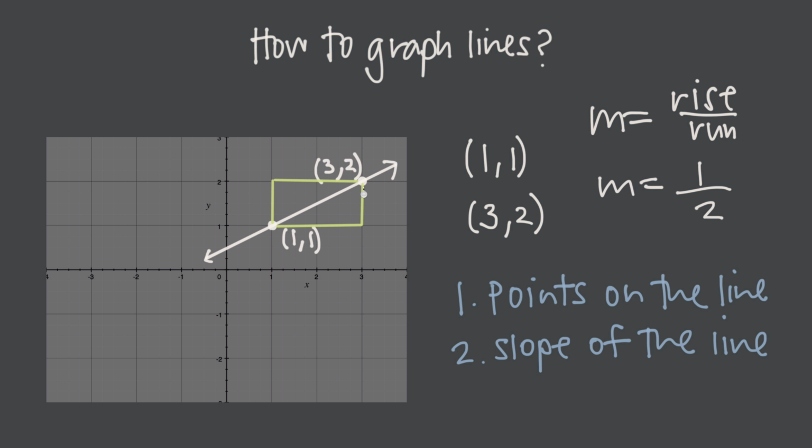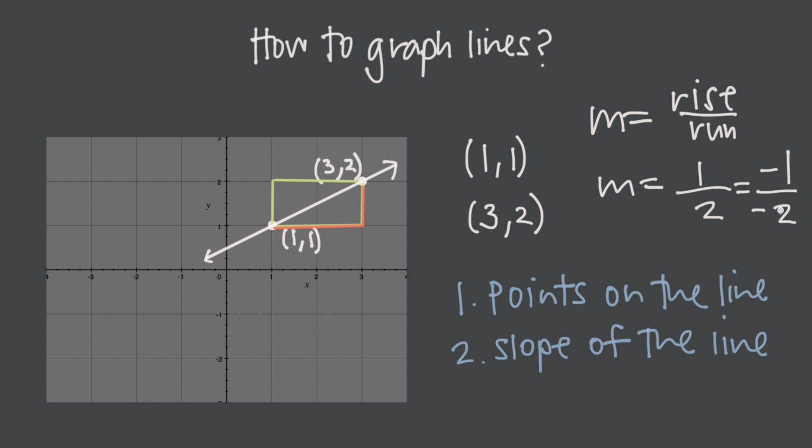So we could have gone down 1 unit, and our rise would have been -1, and then we could have gone over 2 units here, and we would have moved 2 units to the left, or in the negative direction of the x-axis 2 units, and so our run would have been -2. But notice here that when I have -1 over -2, those negative signs cancel,